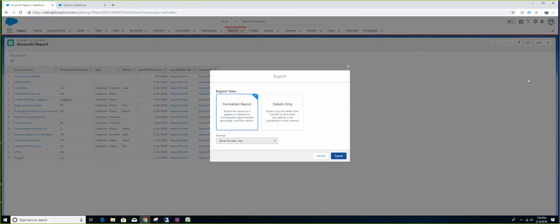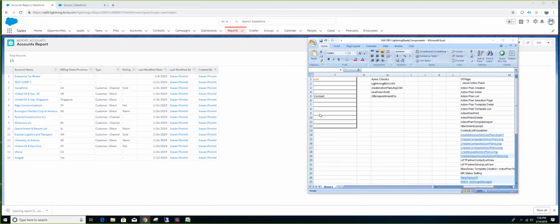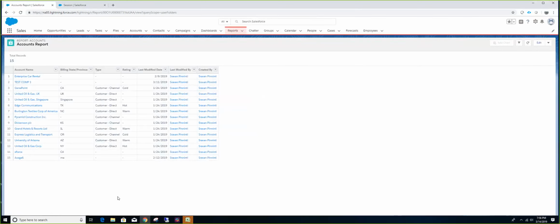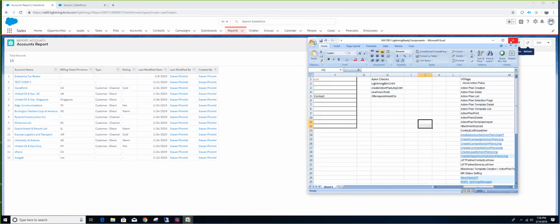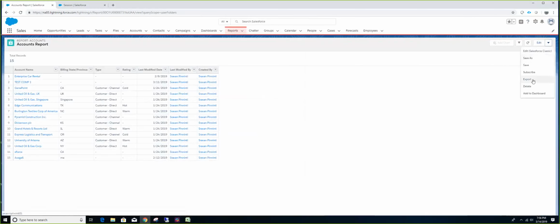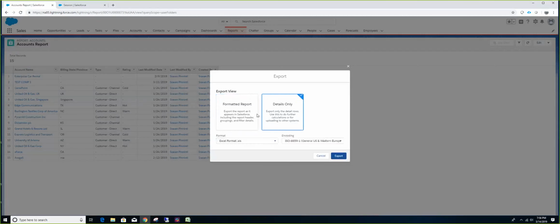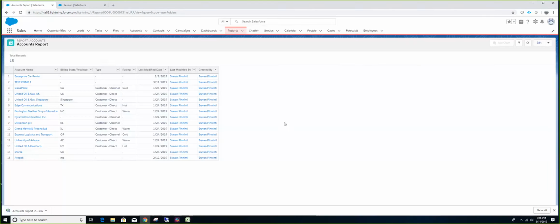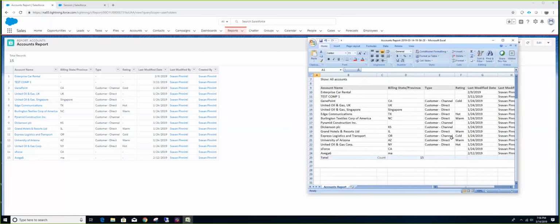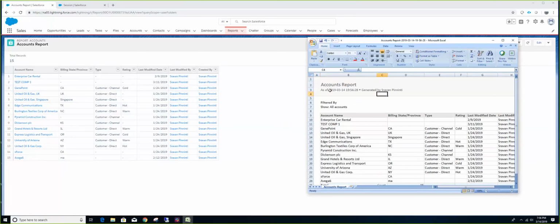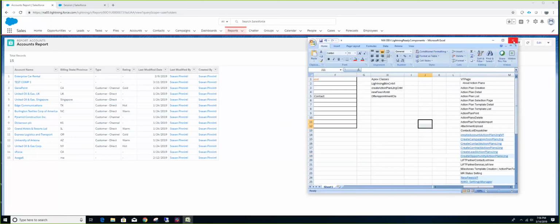Now, export is nothing but, you see, when you click export, automatically the data in here will be downloaded into an Excel. You see, the data is downloaded into an Excel, whatever data that you have. In the same way, within the export itself, we have formatted report, different kinds of things that are available in Excel that you can work with. Okay. So this is one of the reports. You can basically export the data.